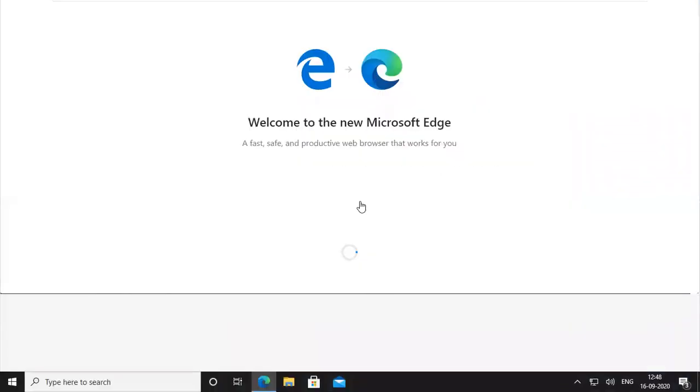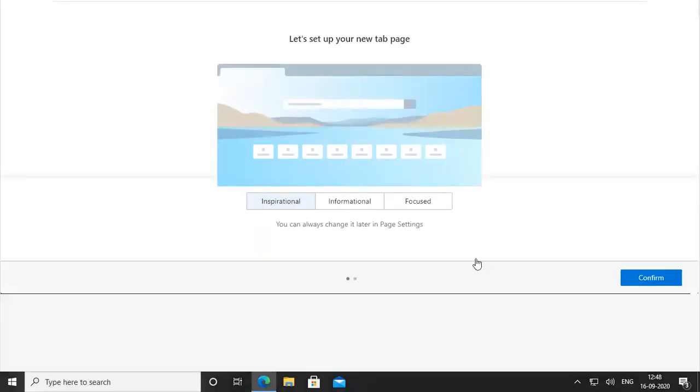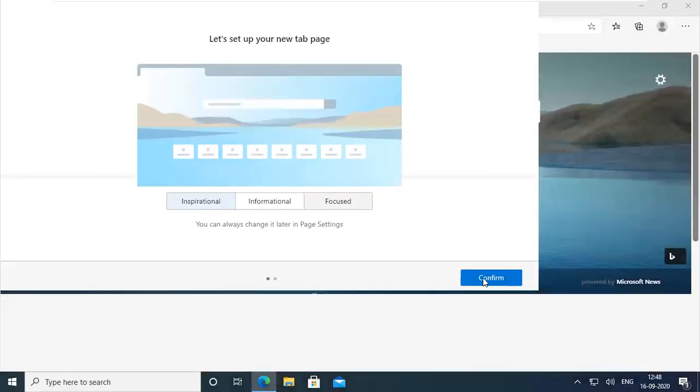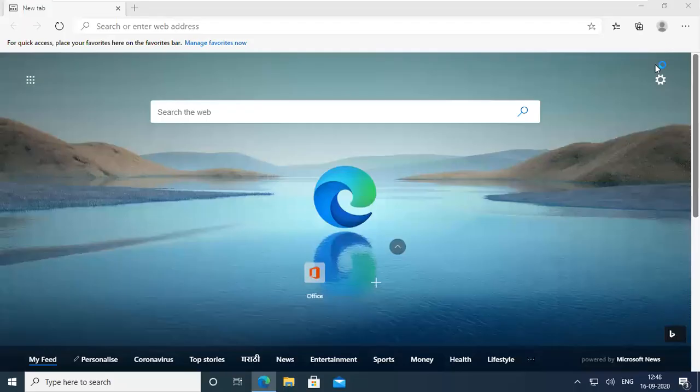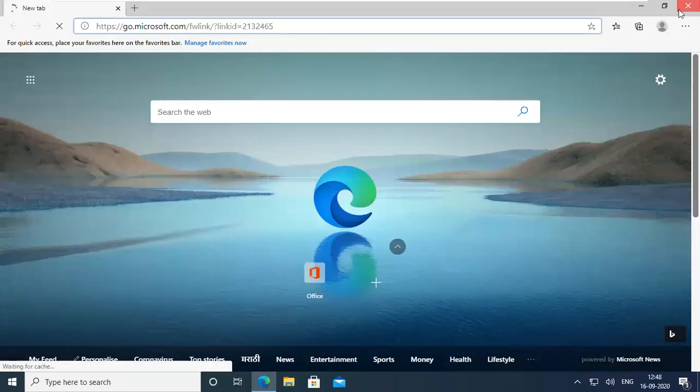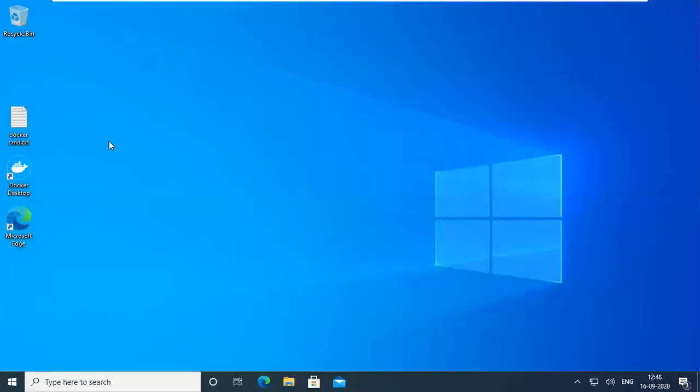It is my laptop, my system just updated. That's why it is showing like this. So don't worry. Close this one. Where is my Google browser? So gone. That's a bad thing.